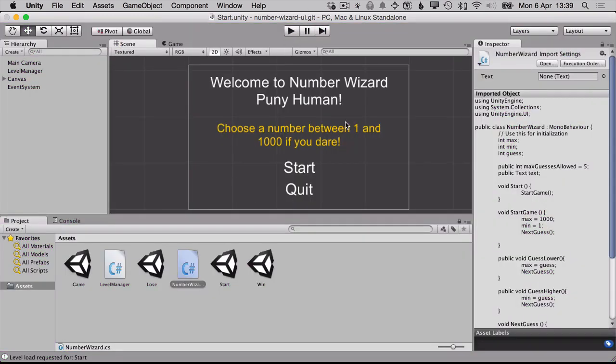Congratulations on finishing Number Wizard UI. You now have a Number Wizard game that reflects the very first game you created in the console, but now is visual, and you can share it with your friend